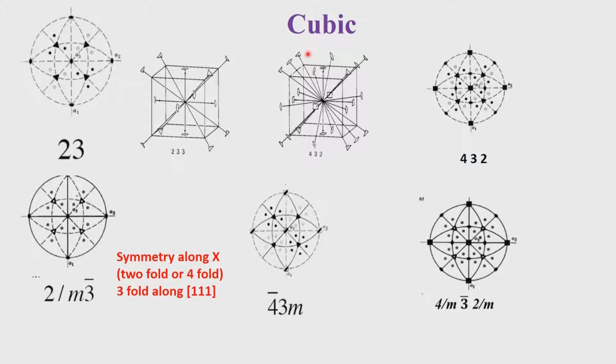So, here we refer to the center of the cube rather than one of the cube edges. The symmetry axis information is given with respect to the center, and as a result we have a 3-fold rotation along the diagonals, and these 3 diagonals are shown here with a 3-fold rotation marked on them. Then we will also have the 2-fold or 4-fold axis along the x direction, and then there is a 3-fold along the 1 1 1 direction.